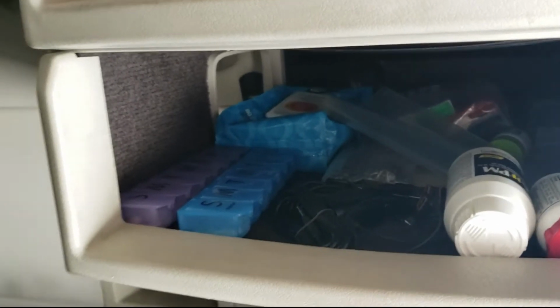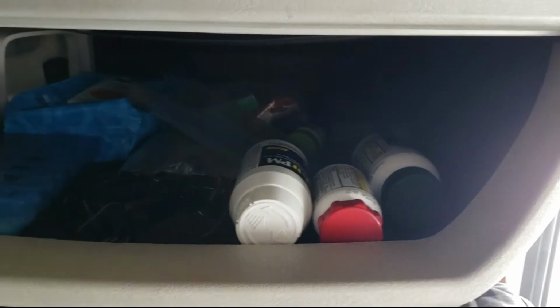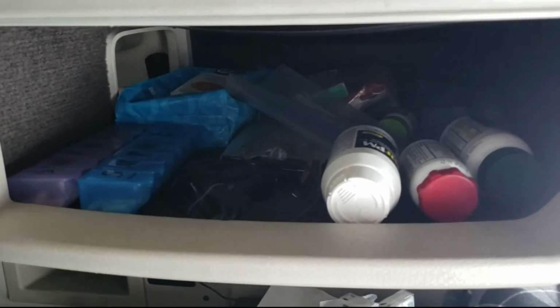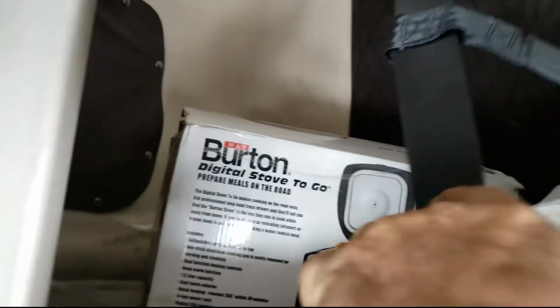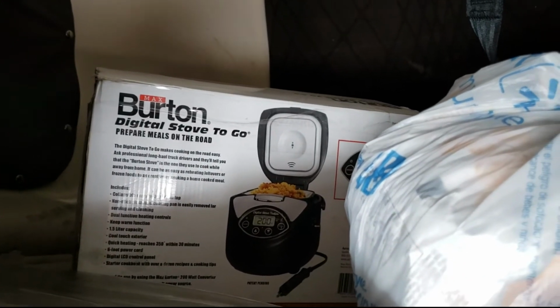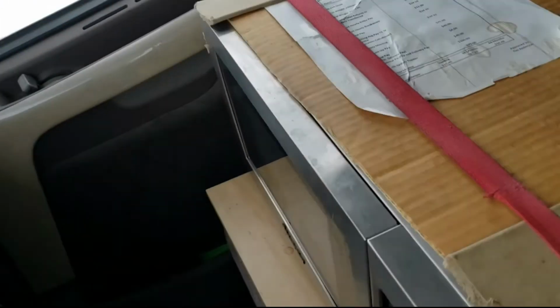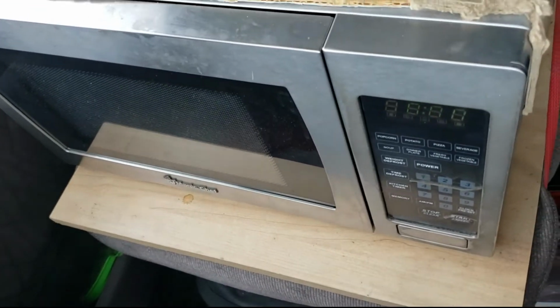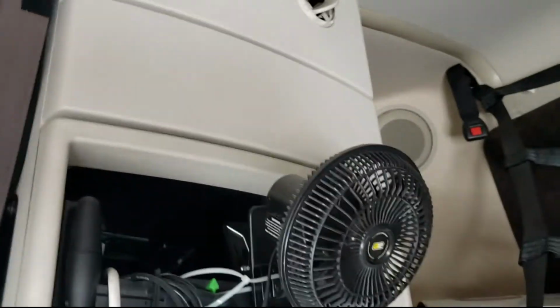they froze. Anyway, I've got my meds that I take, which is actually only vitamin supplements, vitamin C and multivitamin. I've got aspirin, Advil, things like this, and I carry plenty of other necessities. Up here I have a 12 volt cooker that I can cook food in. My microwave, which is strapped to my passenger seat, in case that quits working. And of course there's my power, got a fan,